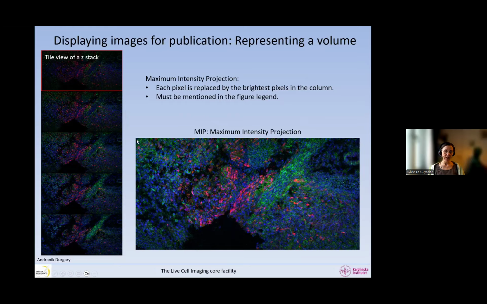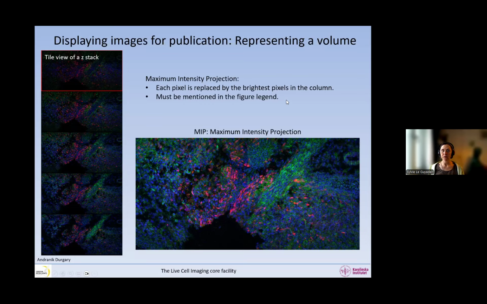And what we do is that for each, so we go, let's say, to the first pixel in the software, and then look at the column of pixels, so the same pixel in all the images, but changing in Z. And we'll pick the brightest pixel in the column and keep that intensity for the maximum intensity projection. And same thing for each column of pixels, we are keeping the brightest intensity. So then at the end, we have a single image that has lost its Z information, but it shows you pretty much all the Z as if your sample was transparent and you were looking from the top. So that works very nicely.